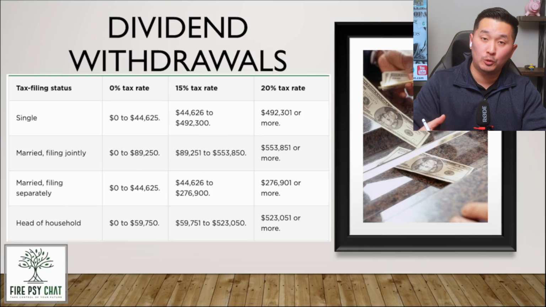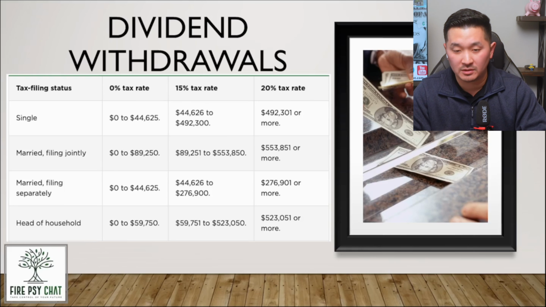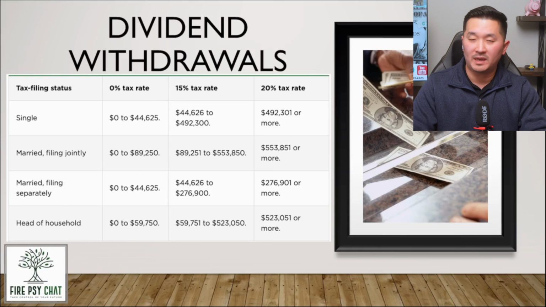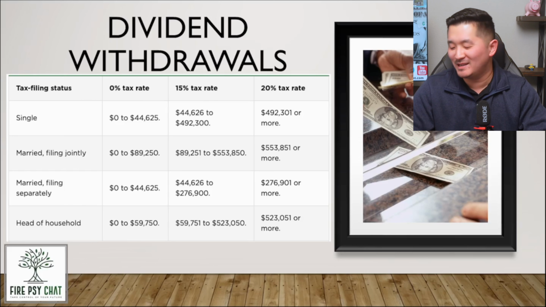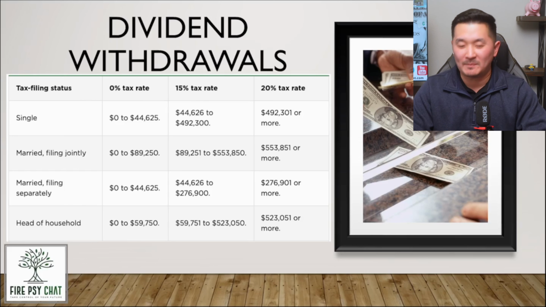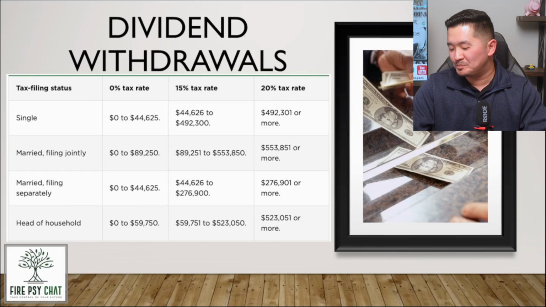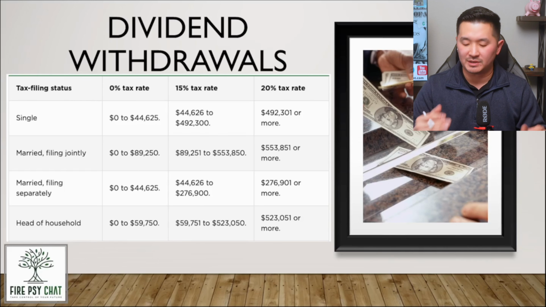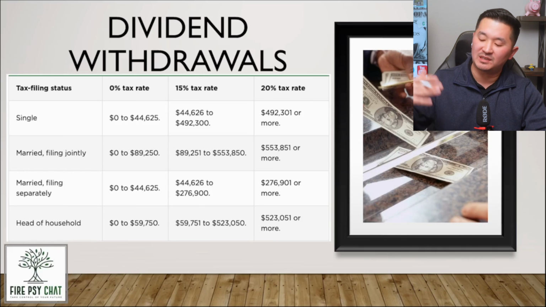So up to $44,625. So would it be better if you're married? Yeah, for tax purposes, it would be better, right? Not saying that everyone should get married. I get that. So keep in mind that these dollars are adjusted by inflation every year. So last year it was like $84,000 or something like that, but they adjusted it by inflation.